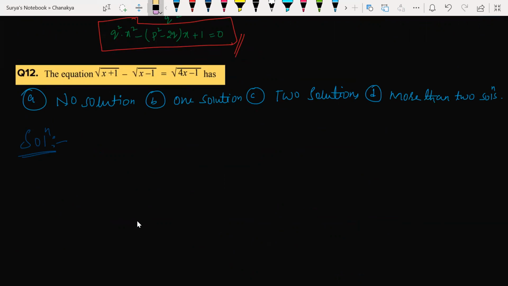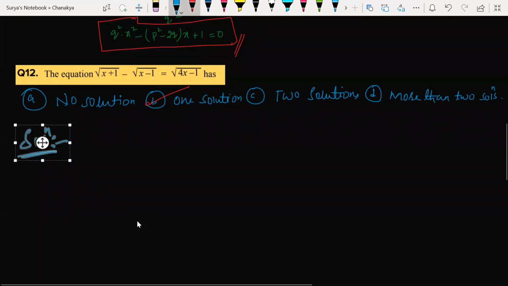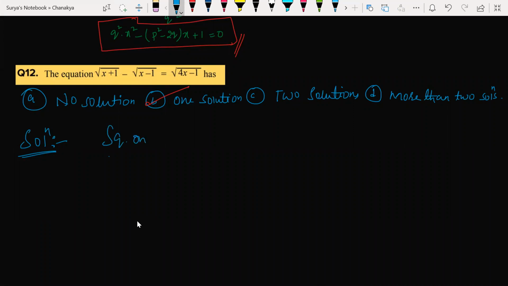Is the answer one solution? Of course. Very good. How? Very good, ma. What is your name? Disha, right? Disha is giving the answer. Very good, fantastic. So look at this here. Please tell me what procedure you followed for solving this question. So first I did squaring on both the sides and then I solved it. Very simple, squaring on both sides.